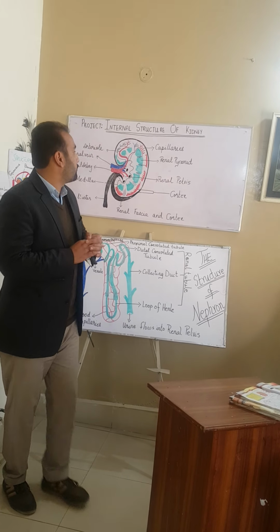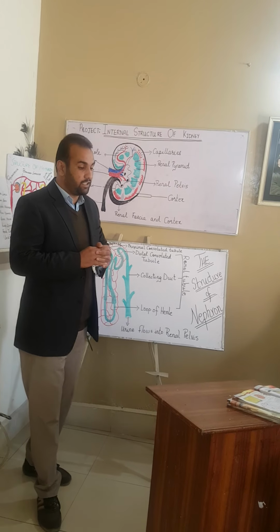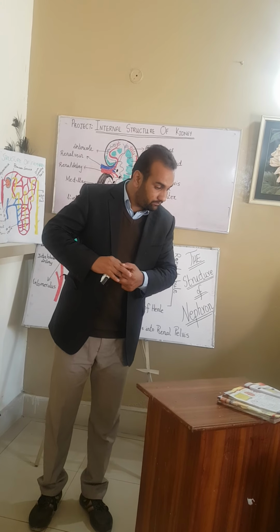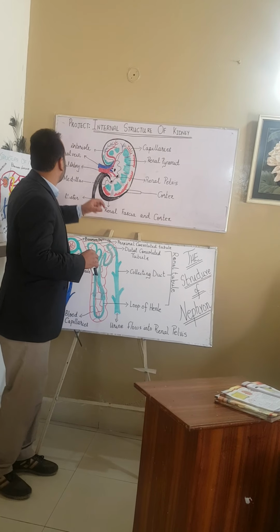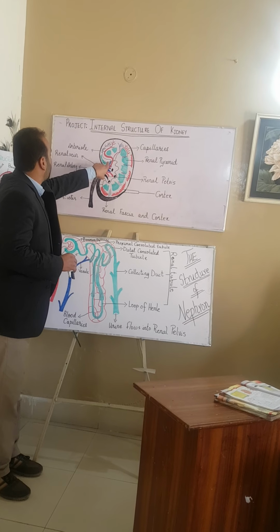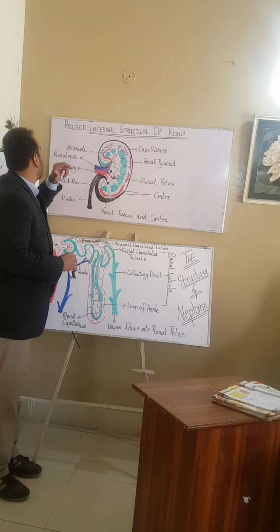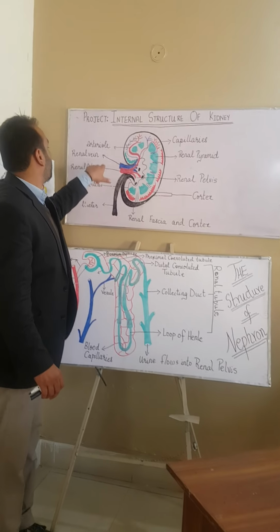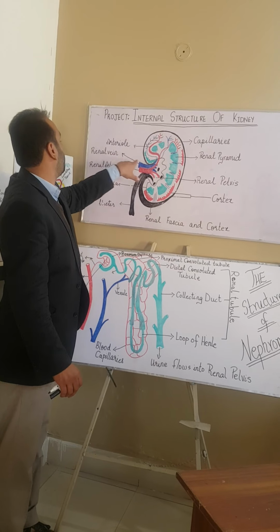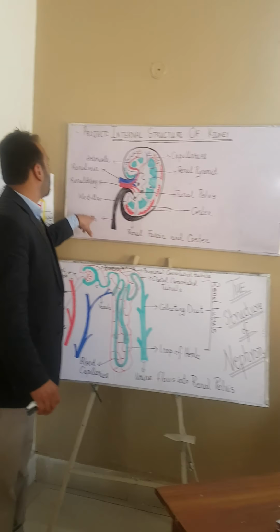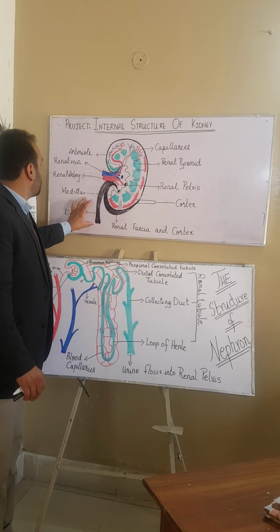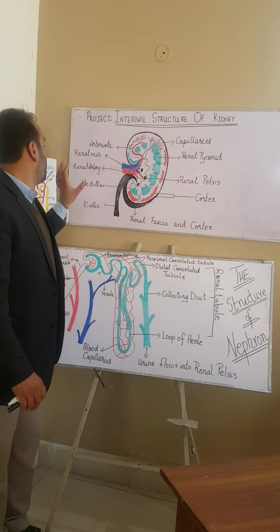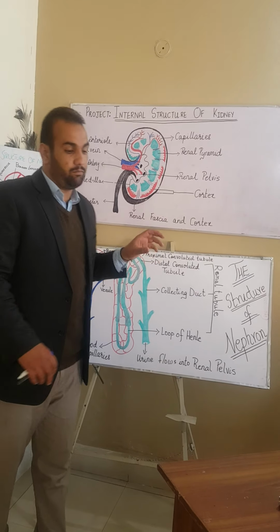The kidneys have two surfaces. The outer surface is called the convex, while the inner surface is called the concave. In the inner surface, the hilus is present. The hilus is the area where the renal artery enters the kidney, the renal vein leaves the kidney, and the ureter leaves the kidney. Ureter is the organ that is responsible for the transport of urine from kidney to the urinary bladder.